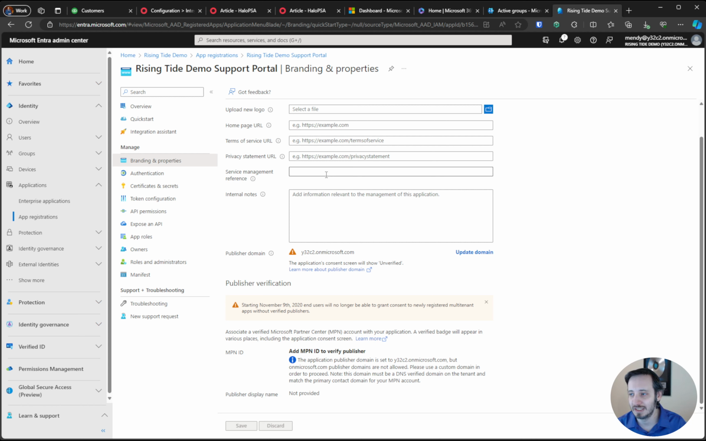Otherwise, if you don't verify the application, there will be a nice big bold unverified watermark on the screen when your client goes to sign in. Not something that you want them to see. Once you fill in your branding and properties, keep in mind one other thing about the MPN ID: you can't add it until after the first hour of creating the application. When you first try, you're going to get an error message saying that it can't be added right now and to reach out to support. In that case, you just have to wait, and then an hour later,